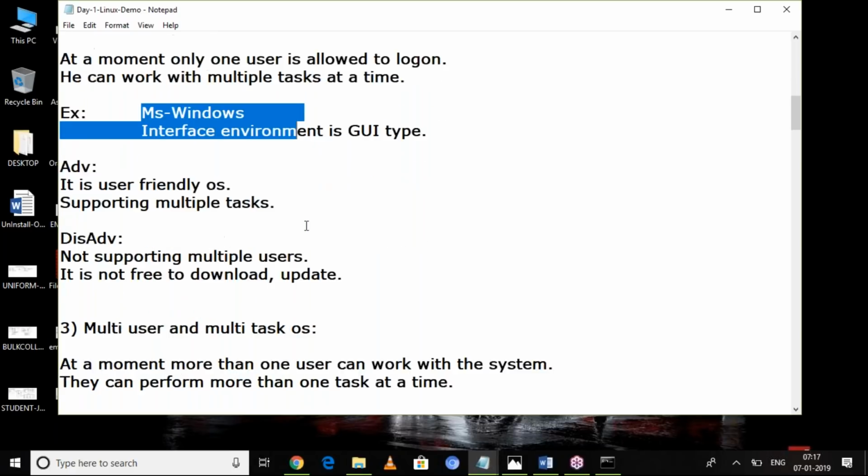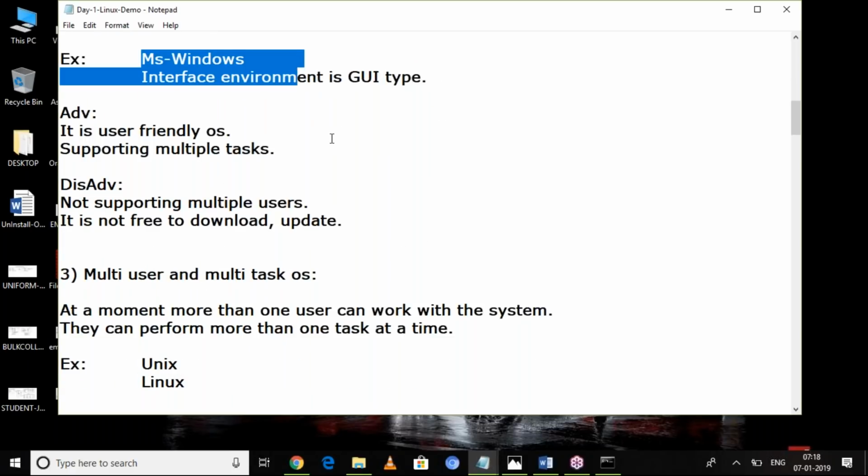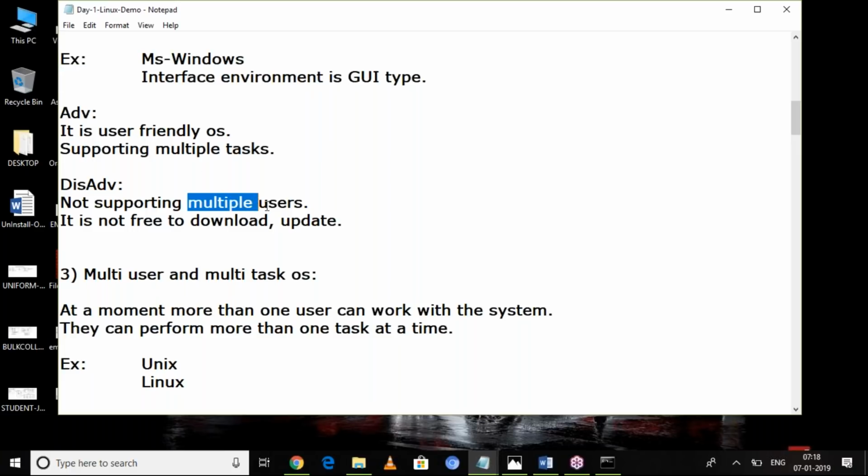Okay, here, what is the drawback? It is not supporting multiple user logins. And one more drawback is there. It's not freeware. You are unable to download it freely.